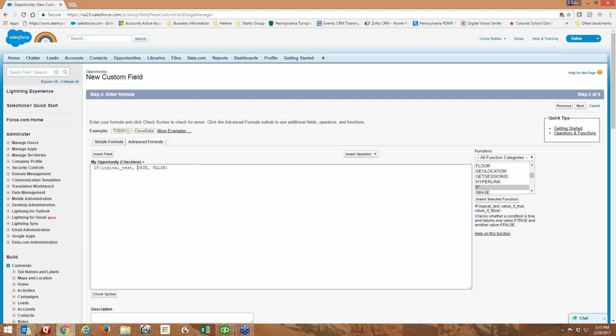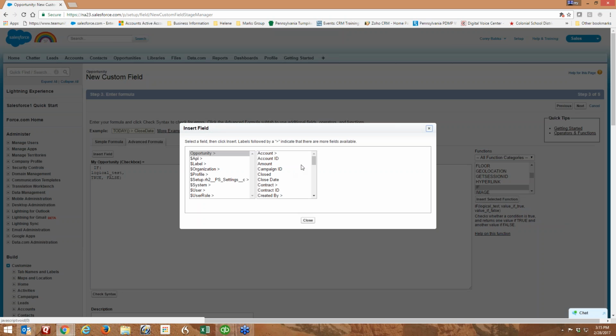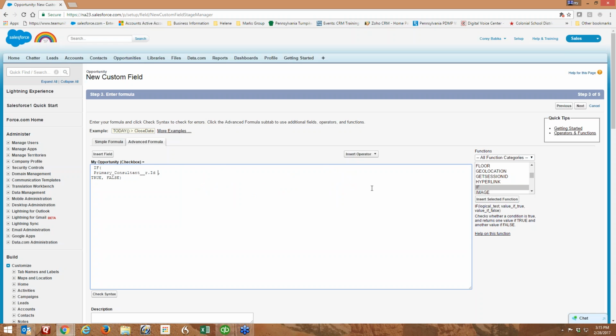We could do it that way, that's not a problem. The issue here is that we're going to have multiples. So I'm going to do this one here. I'm going to say logical test. I can say insert, and I'm going to look up that primary consultant, which is right here, is a lookup to the user. It's going to be the ID on that user table, so it would be the user ID, insert. So now you've got the primary consultant custom lookup relationship to the ID, okay, equals,